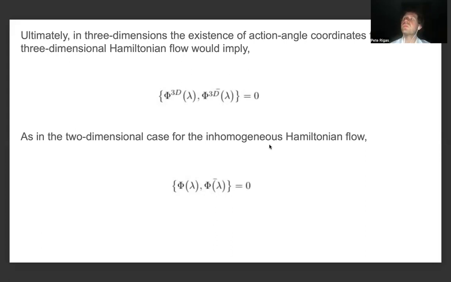And also, this just results from the fact that in the two-dimensional case for the inhomogeneous Hamiltonian flow, the whole conclusion of integrability of the Hamiltonian flow, which results from integrability of the limit shapes from solutions to the Euler-Lagrange equation, states that the Poisson bracket of the action angle coordinates with the complex conjugate of the action angle coordinates also vanishes. So we can look to establish some